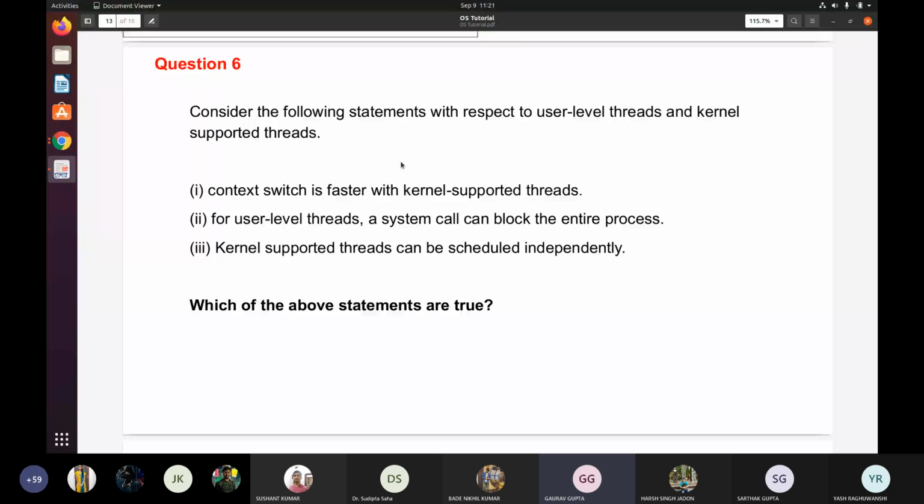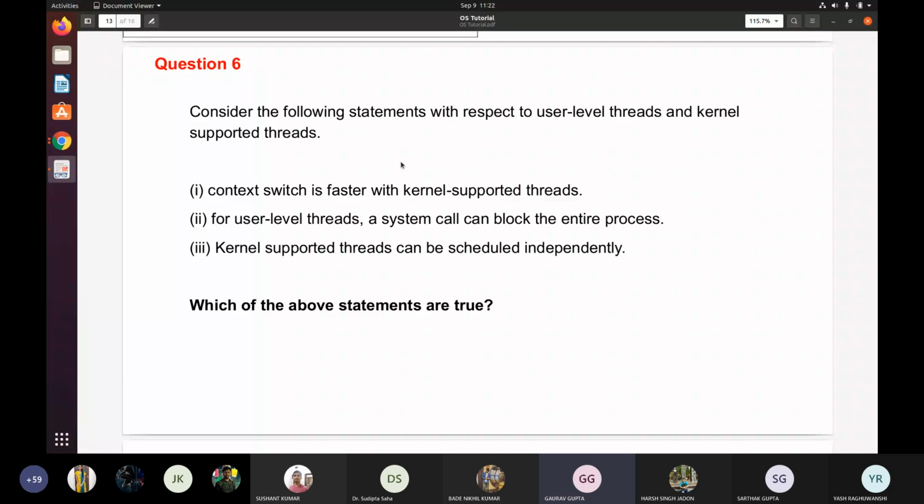If process 1 is running 100 user level threads and process 2 is running 2 user level threads, for the CPU both processes are the same, and it will schedule equal time intervals to both processes in a multi-scheduling environment. And similarly, if one thread from one process asks for input IO, it can block that thread, because it doesn't know that other user level threads are also running inside it.